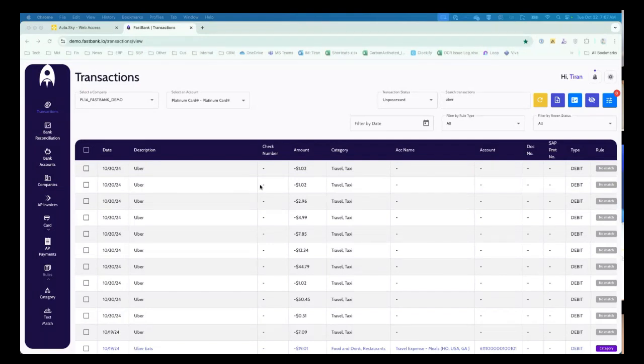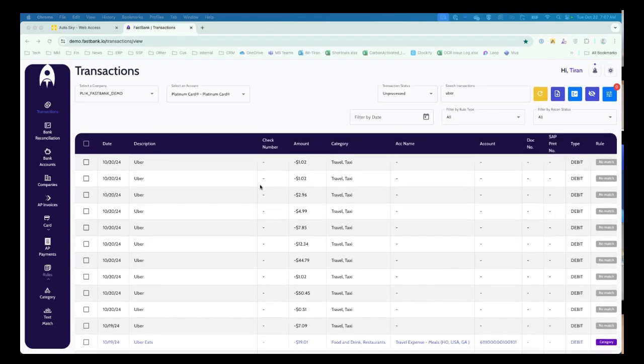And you guys can see my screen, the FastBank transactions. Awesome. Yep. So what we are doing is very simple. We are connecting to a number of banks, and we can start downloading transactions. This is a live transaction. You could see this is an Amex card. Don't judge me. This is my personal card. My wife and I were in Cabo last week, so we could see a bunch of Uber transactions. And this is coming through the system.